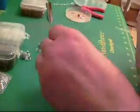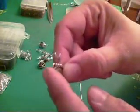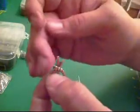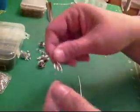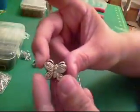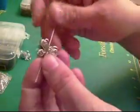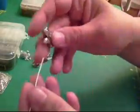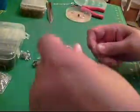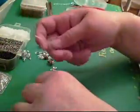Now, one of my charms that I want to use has this sort of loop that you can use to hang it from, and these are preferable for these types of charms. But I have this little butterfly that I really wanted to use, but it has a hole all the way through the center, like so, you can see. And I need to have something that I can hang it from to make it dangly. So what I'm going to do is take just a clear seed bead, and I'm going to slide it onto the end of this flat